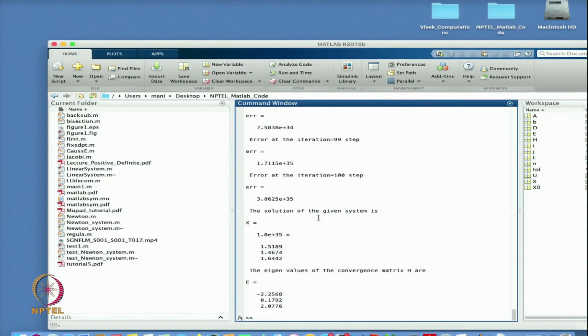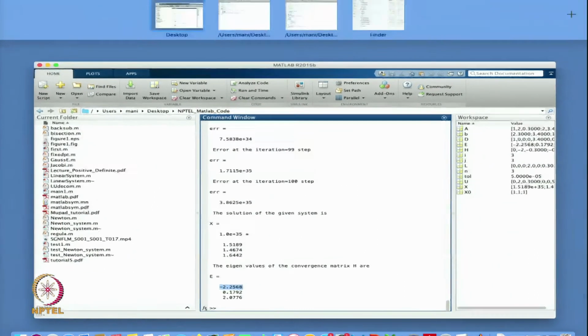So see, now in this case also I am getting my error is very large, infinity. So this system is not going to converge. And from here you can see that the largest eigenvalue in magnitude is 2.25. So if I see here, then this should be less than 1. If the system will converge, then its value should be less than 1. So in this case my matrix is not diagonal dominant.